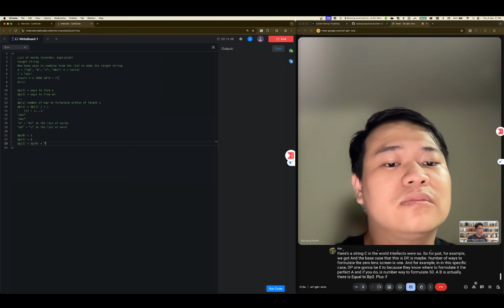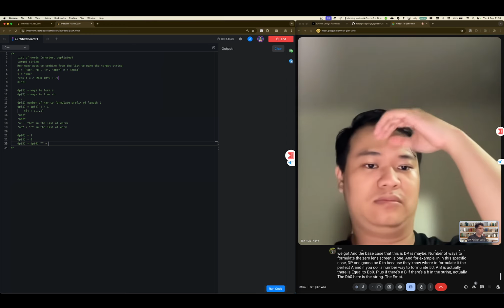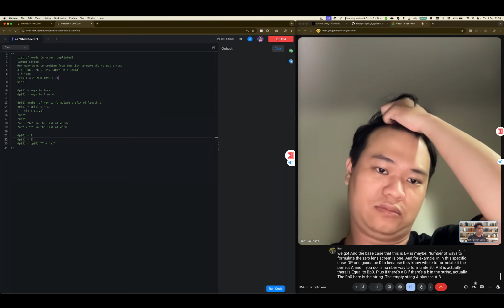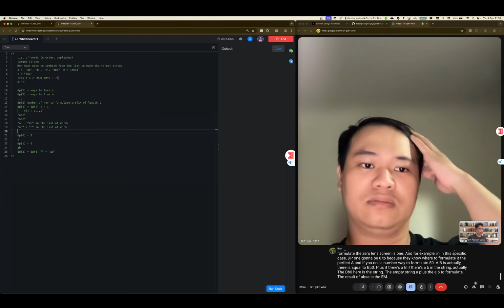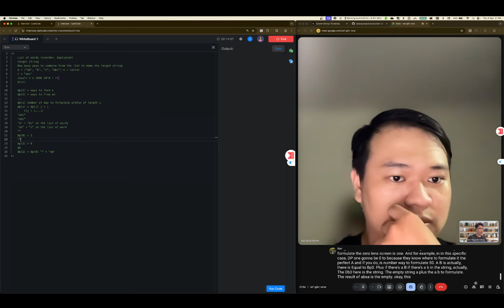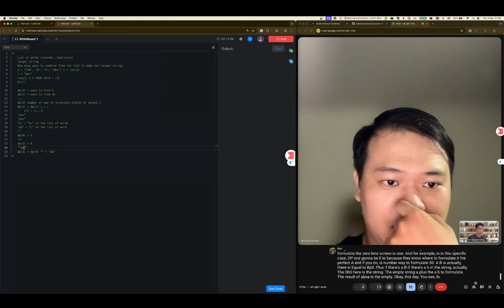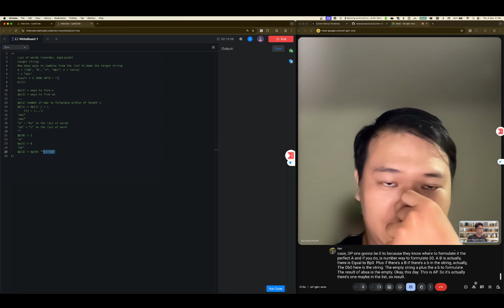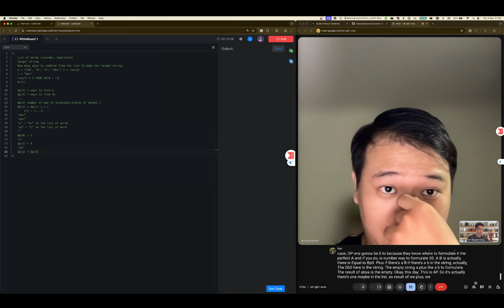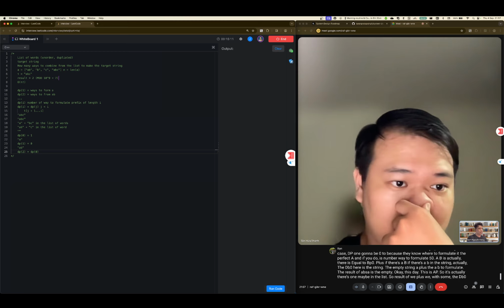plus, if there's AB in the string. Actually, DP0 here is the empty string, plus the AB to formulate the result of AB. This is empty, this is A, this is AB. So there's one AB in the list, so we add DP0 and then check